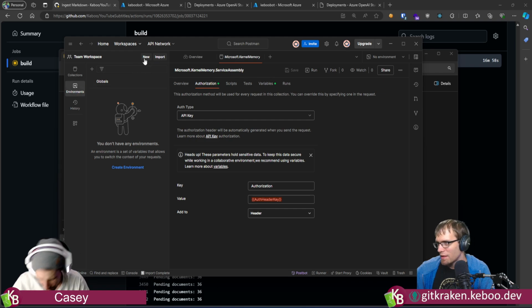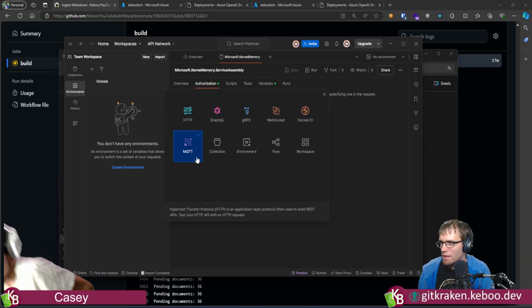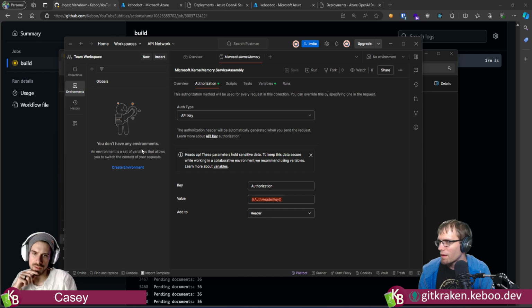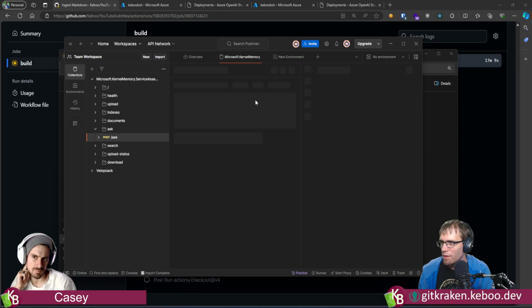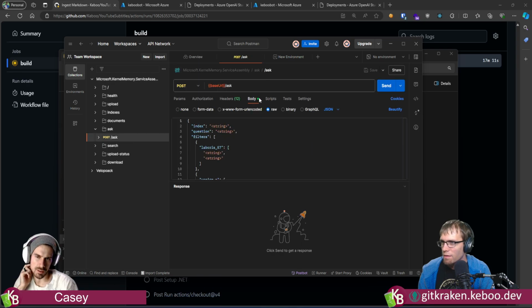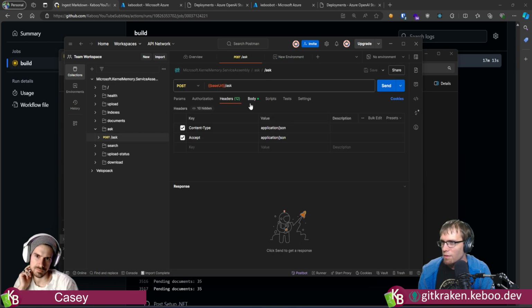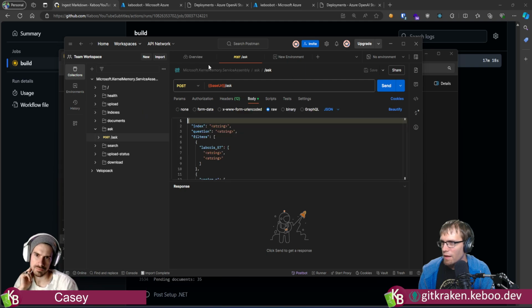So I'm guessing that is the kicker. Create environment. But I need that variable name, right? Auth header key. Where the heck do I find it?